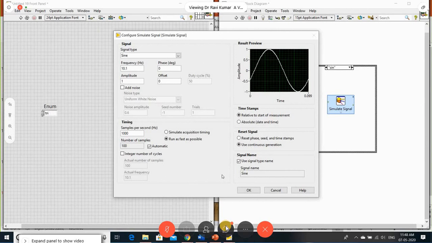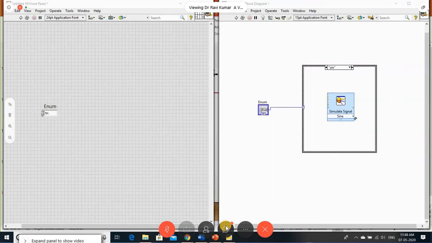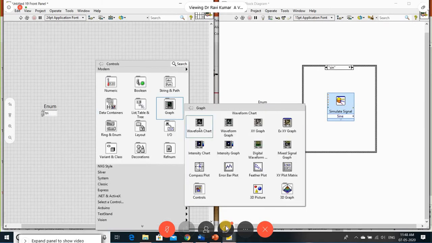So if it is, you want to add noise, anything, you can make it of this. So now here I'm generating the sine wave. Okay, so here I'm going to plot the chart